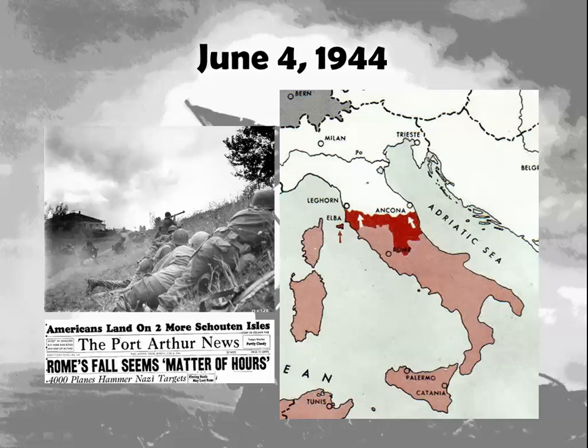June 4th, 1944, the Allies claimed victory over Italy. Really, at the time, Italy had not been defeated, but for the most part, since Mussolini's original government wasn't in place, really what was in place was a puppet government, and since the city of Rome had already been taken, it seemed a good time to declare victory there. So Allies claimed victory over Italy on June 4th, 1944.